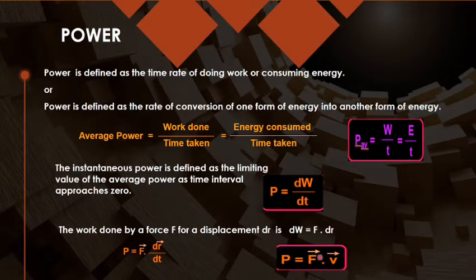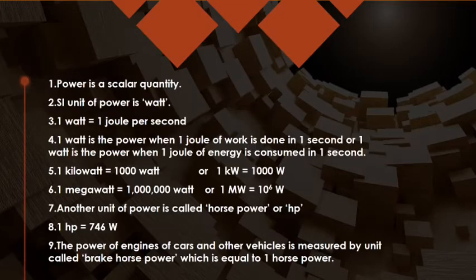This is if they are asking you to prove why power is a scalar quantity. Because we can write it as the dot product of two vectors, that is force and velocity, you should be able to work out this thing. Of course, as I have said, it is a scalar quantity, being the dot product of two vectors.